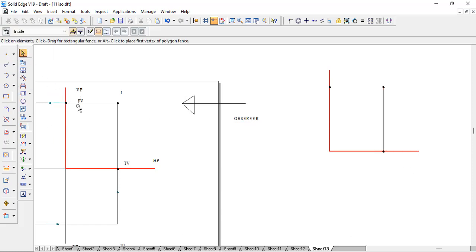Now what we can do, just for timing, we'll rotate this as HP and this as a top view, and this is our HP, and this is our VP. Okay, so the observer will be here. So now in order to locate or represent this on a sheet of paper, what we'll do here is